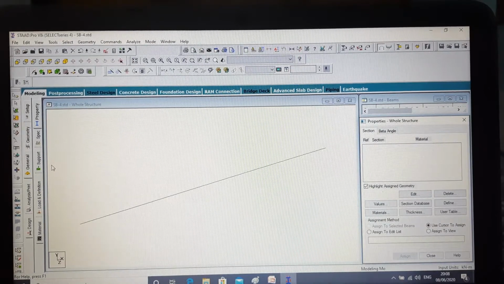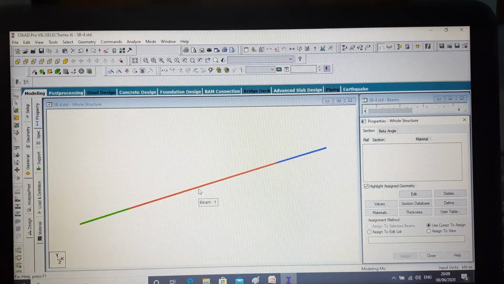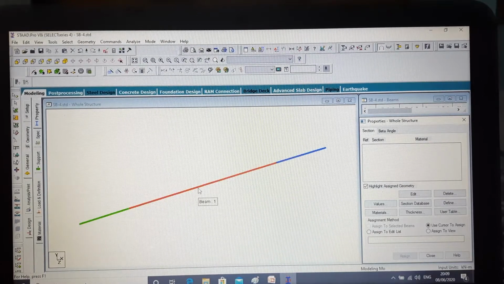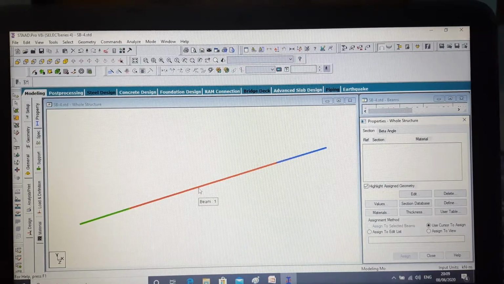Now first of all, for analyzing a beam in a finite element software, we need to specify support, we need to put load, and we need to specify material on this element. Mind it, in case of our normal analysis, we don't need to specify any property on our structure or our modeling in our plane, where we give load only. But in finite element software, you must specify a property, otherwise it will not be able to calculate anything.